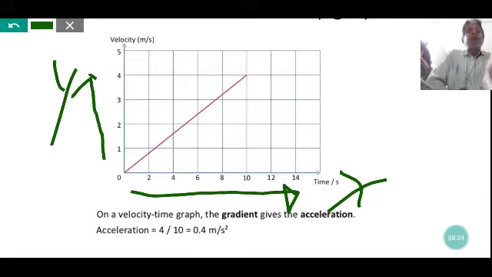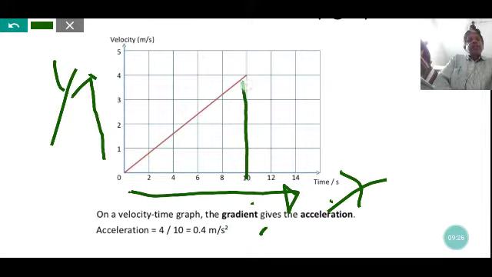And how can you find the acceleration of the object? Now we know that the slope of the velocity time graph gives the value of acceleration. Now how can you find the slope here? If you make a right triangle, we have to find the slope of the velocity time graph between the time interval 0 to 10 seconds. Time is taken in seconds. Here velocity is taken in meter per second.